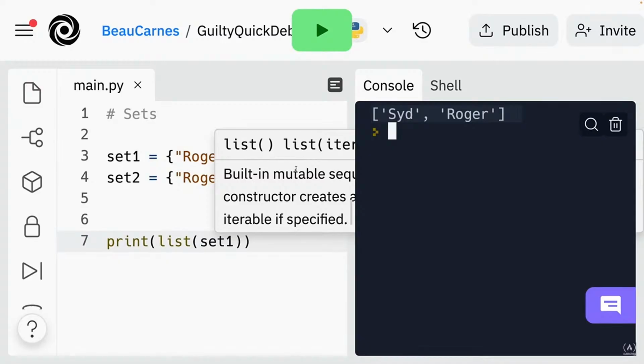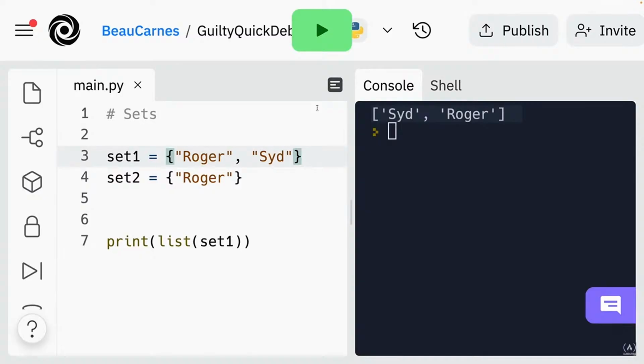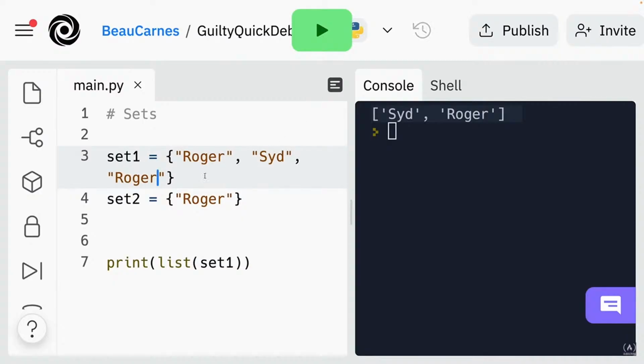And then one more final thing about a set. A set cannot have two of the same item. So that's another thing that's useful about sets. So if I type in Roger, so now we have Roger, Sid, Roger. If I play this, we'll see it's only going to print Sid, Roger. It's not going to add the Roger twice to the set. So that's another useful thing about sets, that it makes sure there's only one